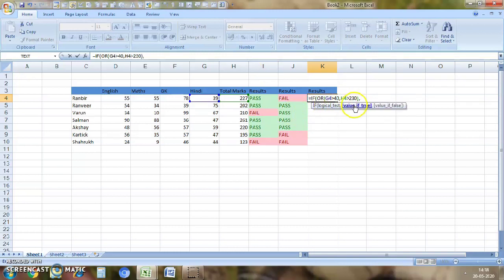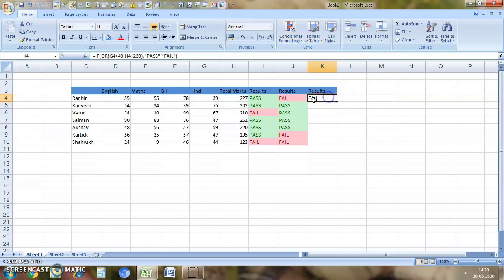Here in the IF formula, the value if true will be again pass. Now comma, and the value if false will be fail. Here I'll close the bracket and the formula is done.